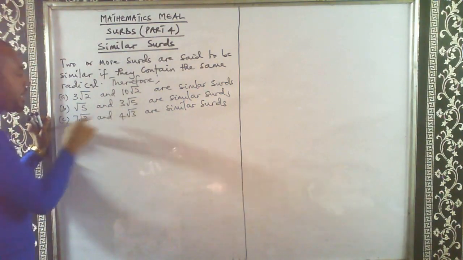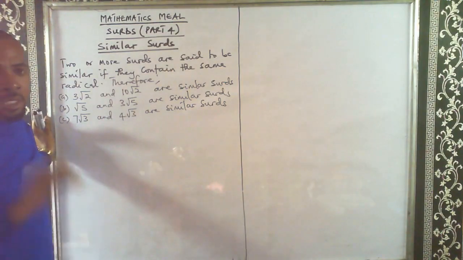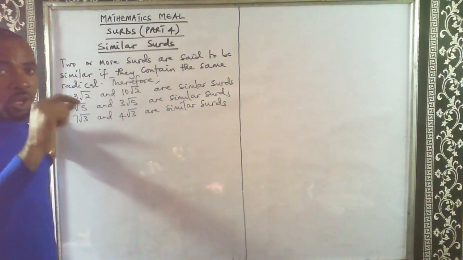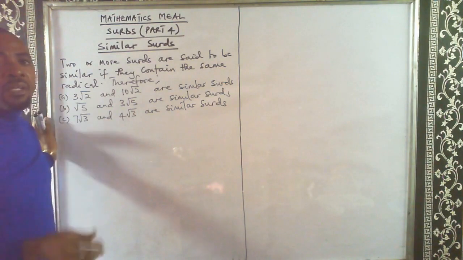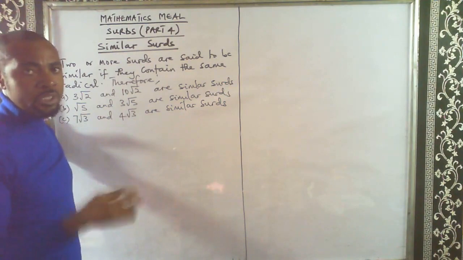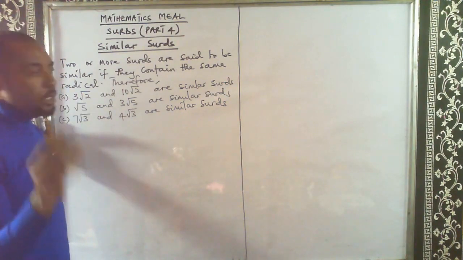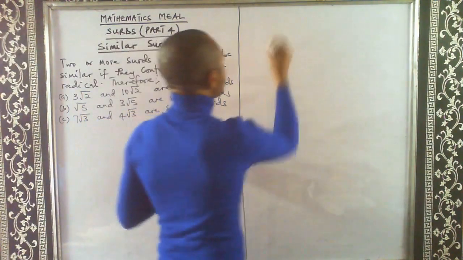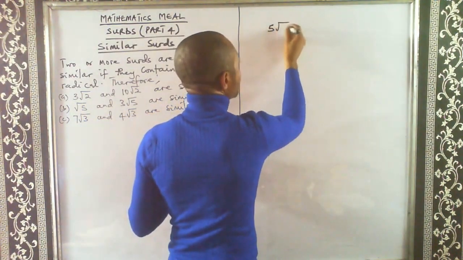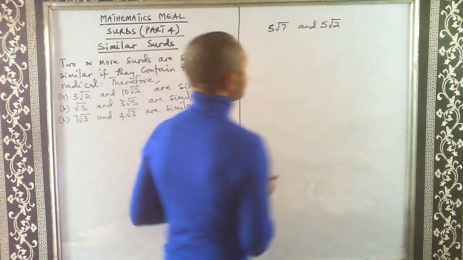So when the radicals in surds are the same, the surds are said to be similar. Remember, it's all about the radical. It is the radical in the surd that will determine the similarity of surds. Not the rational number, but the radical. So, if I have something like 5 root 7 and 5 root 2,